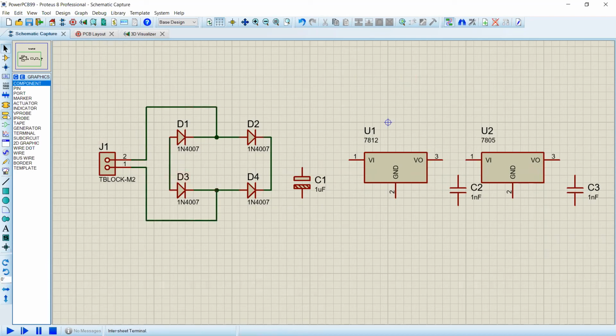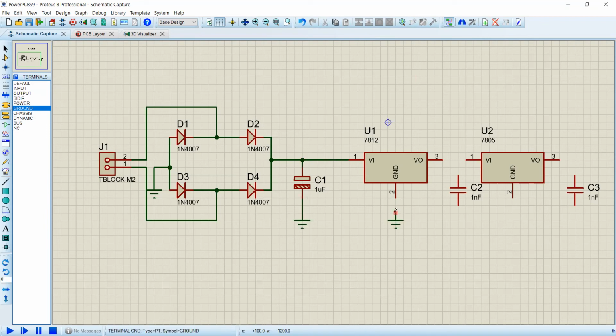And then I take a ground terminal and I apply one end of the ground terminal to the bridge. The output of this is connected to the regulator through the filter circuit, and then I place the ground here to the shunt capacitor filter. So we'll also be having another ground for the regulator here and another ground for this regulator. We also have grounds for these capacitors as well.